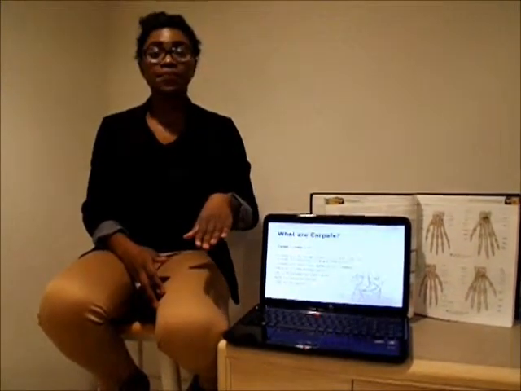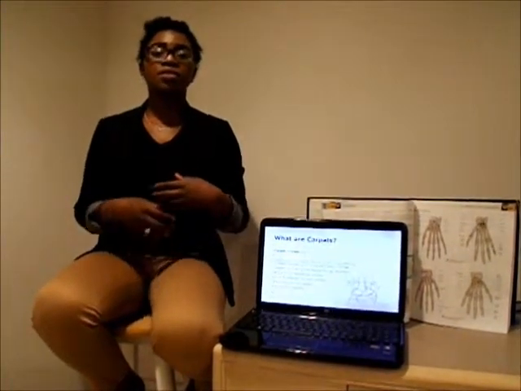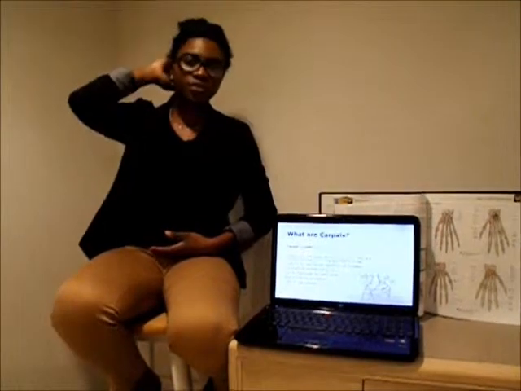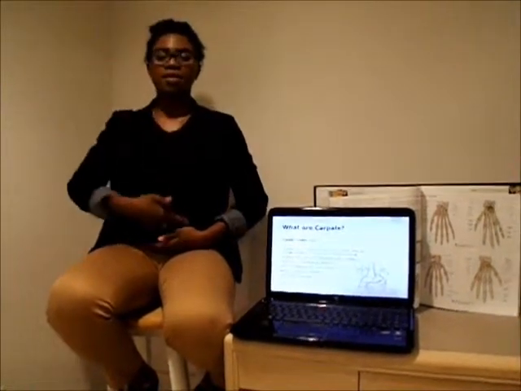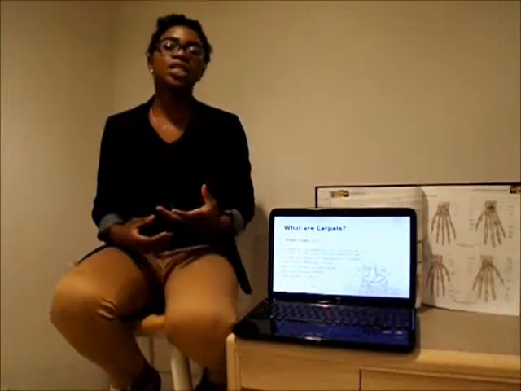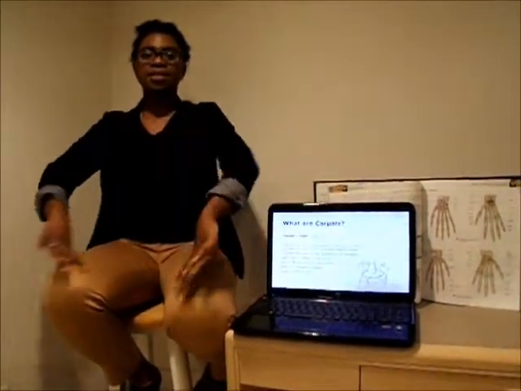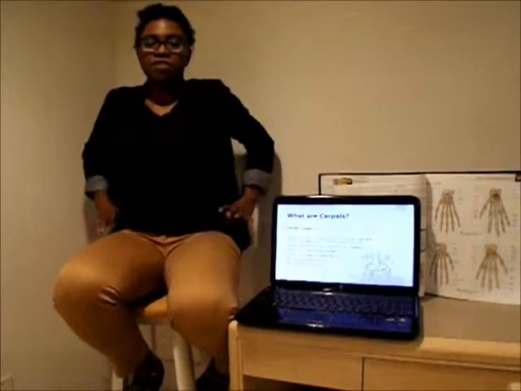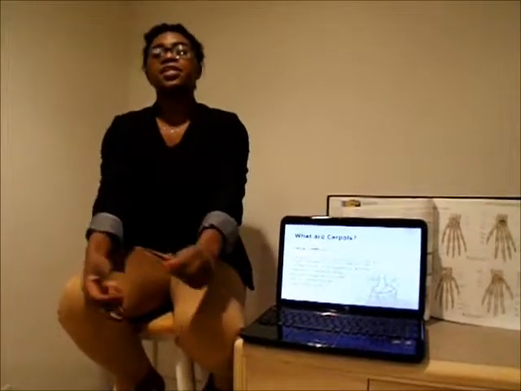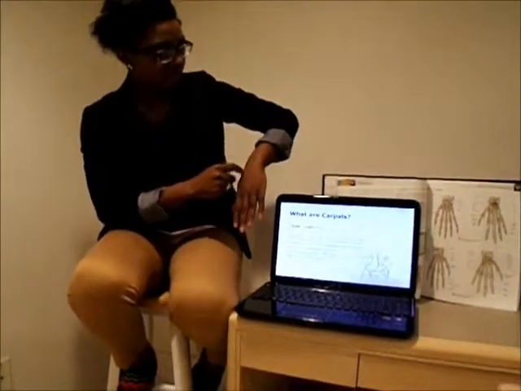appendicular skeletal system. You have your axial skeletal system, which consists of your thoracic cage, anything between, like your cranial bones, so from your head down to where your rib cage stops. And then you have your appendicular skeleton, which is anything arms and legs down, starting from obviously your hip bones, your pelvic bones. So in the appendicular skeleton, we're talking about your hand here, and in that we have your